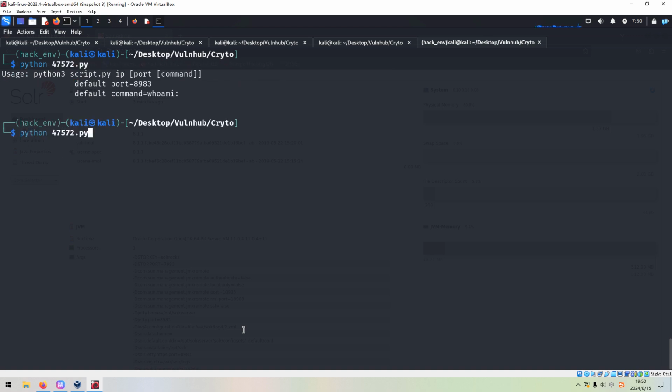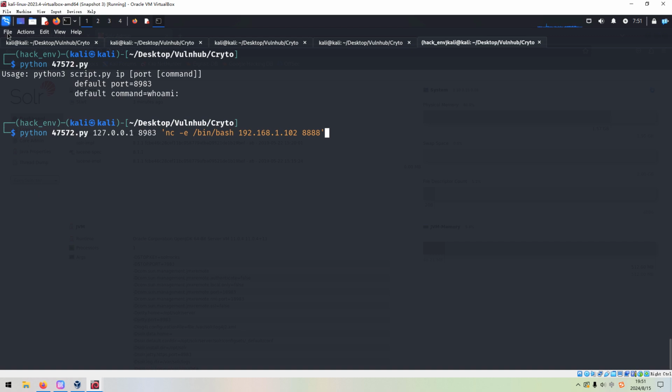Next we can run it and press enter. We need to specify the IP address. I think we can use localhost, because we have already set up the tunnel, right? And we can use the reverse shell command with another port number.